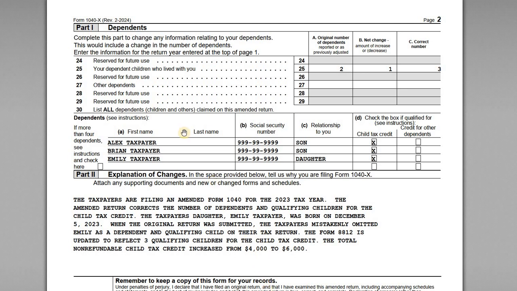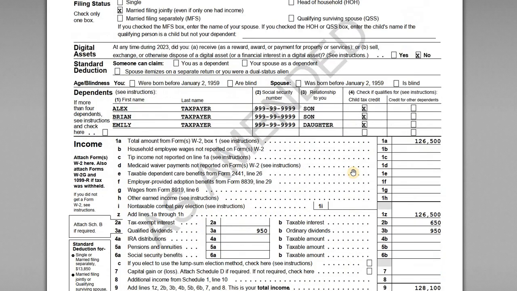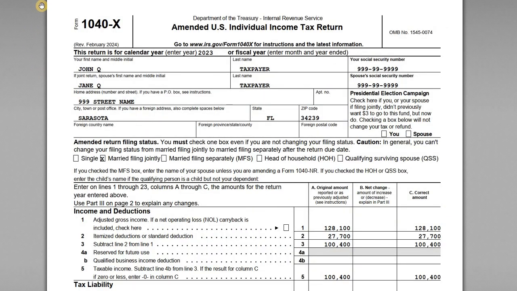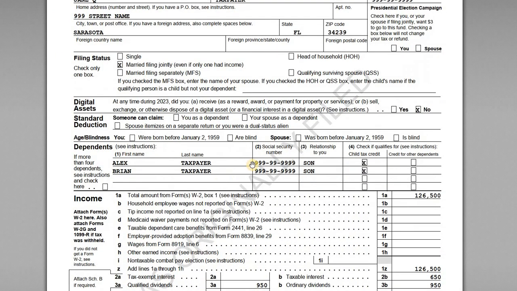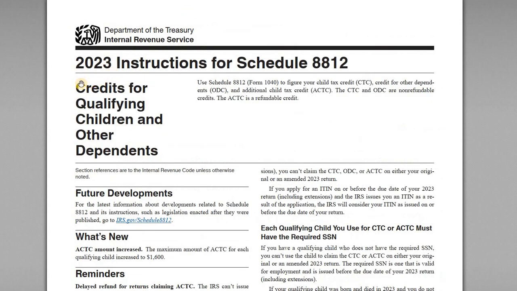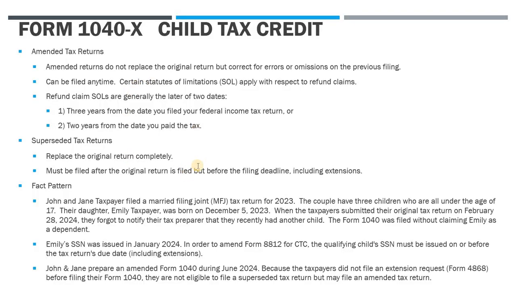And then we do have the amended 1040 to see how we're changing some of the calculations and how that gets reported on the 1040X. We've also got the original 1040 as filed, which omitted that additional dependent. And we have the Form 8812 2023 instructions for the child tax credit. And then lastly, we do have one slide here covering some background on the amended returns and then more details